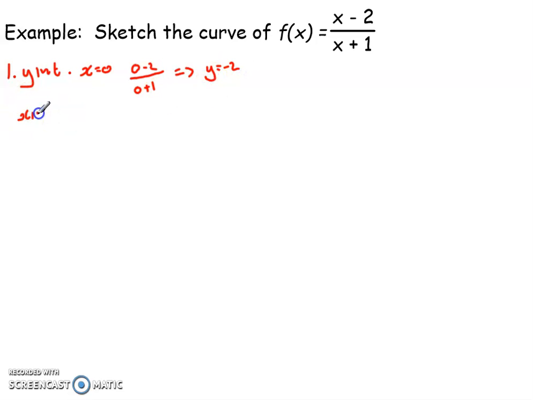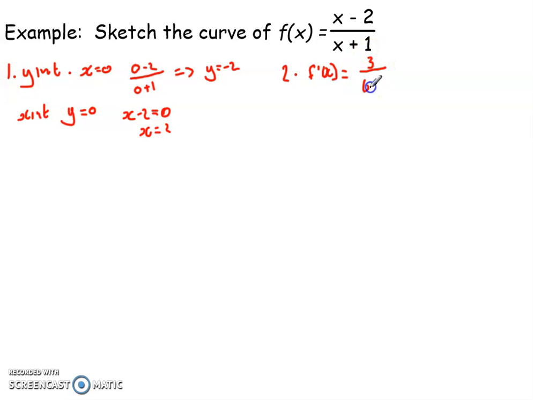For the x-axis intercept, what I know is that y is going to be equal to 0. Now for this function here to be equal to 0, the top of the function has to be 0. So what that means is in this case, x minus 2 has to equal 0. And if x minus 2 is equal to 0, x is equal to 2. Second question we then ask ourselves is when is the function increasing, when is the function decreasing? And in order to do that, we have to calculate a derivative. Well, if f of x is x minus 2 over x plus 1,